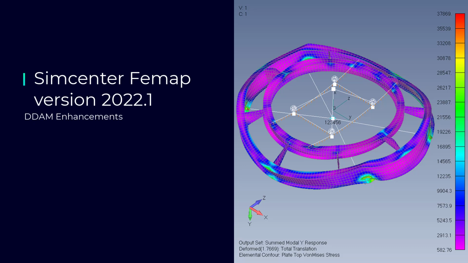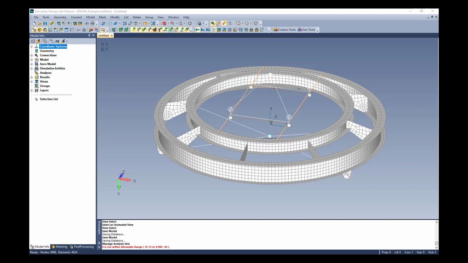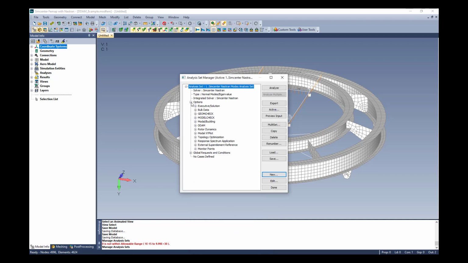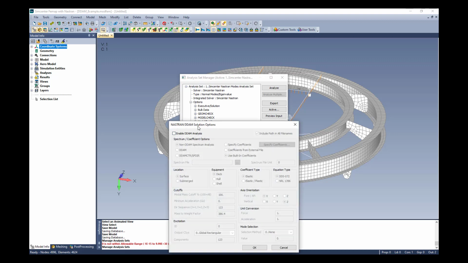Finally, Simcenter Nastran uses the shock design accelerations along with the modal participation factors and natural frequencies to compute the shock response of the structure. The first thing needed within Femap to run a DDAM analysis is an analysis set specified to do a normal modes eigenvalue solution. Once that has been specified, most everything else is controlled via the Nastran DDAM solution options dialog box. So the first thing you want to do is enable DDAM analysis, and then choose DDAM,